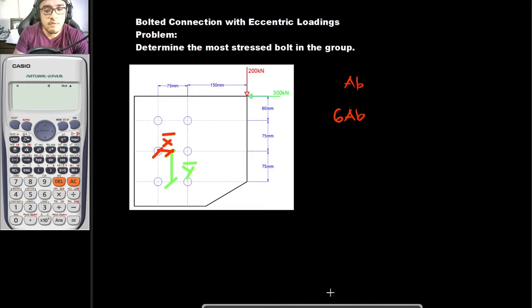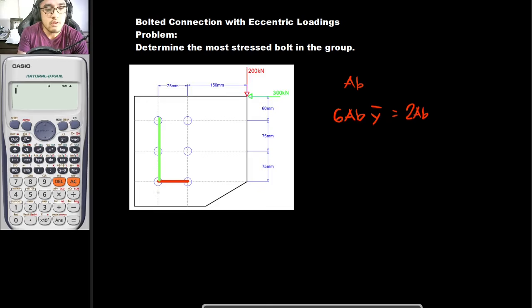For us to solve for y bar, the total area of our bolts times y bar is equal to the area moments of all of the bolts. Let's solve for y bar in reference to this axis, and let's solve for x bar in reference to this axis. For the first 2 bolts, that is 2AB